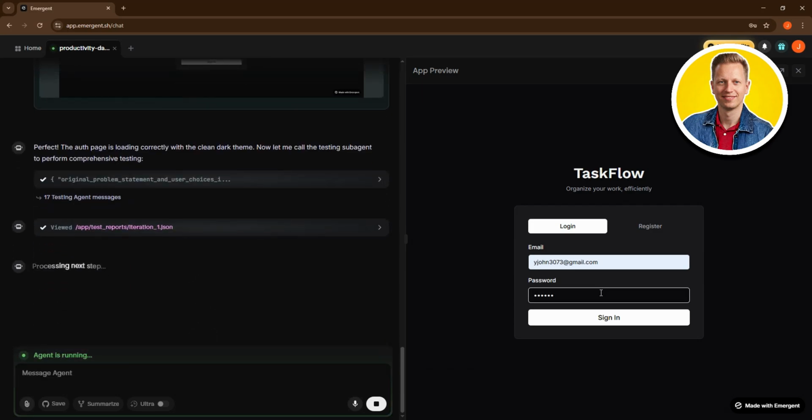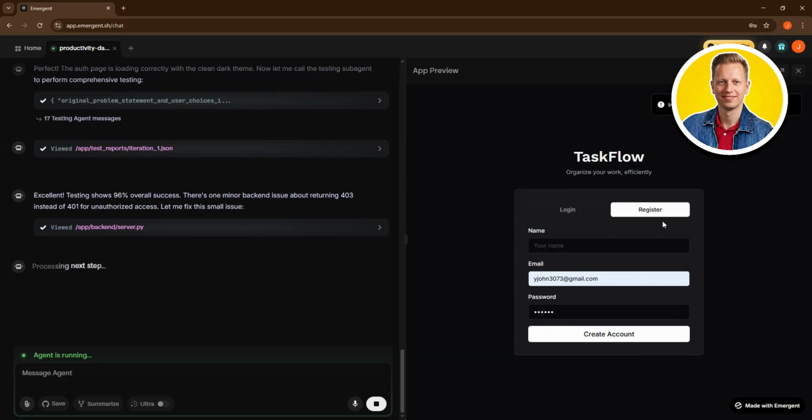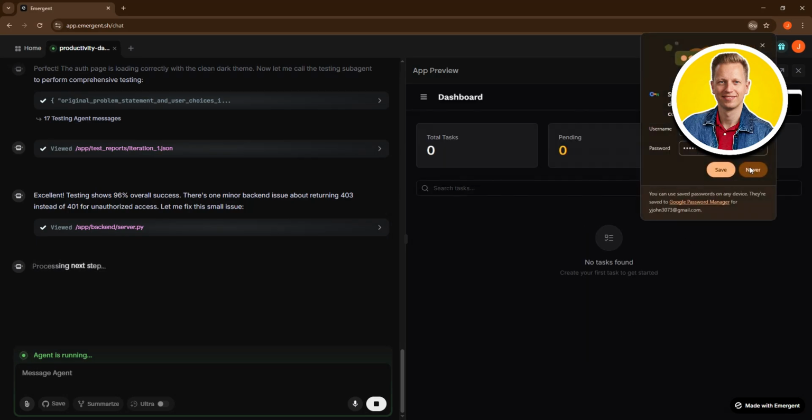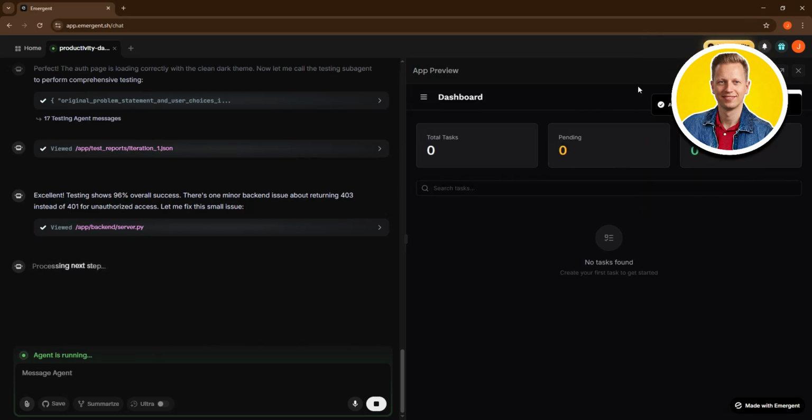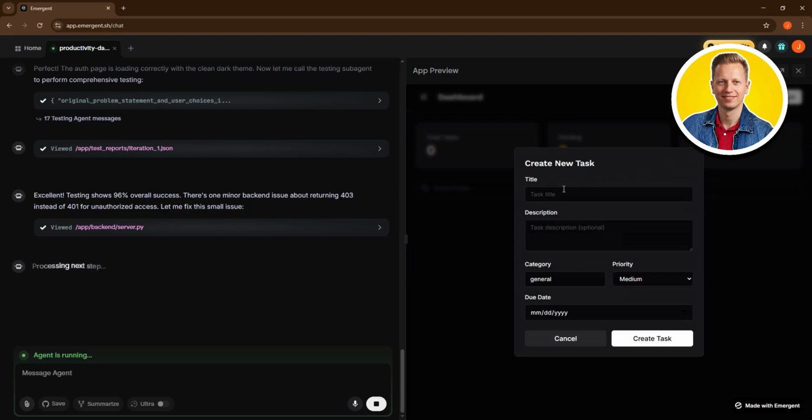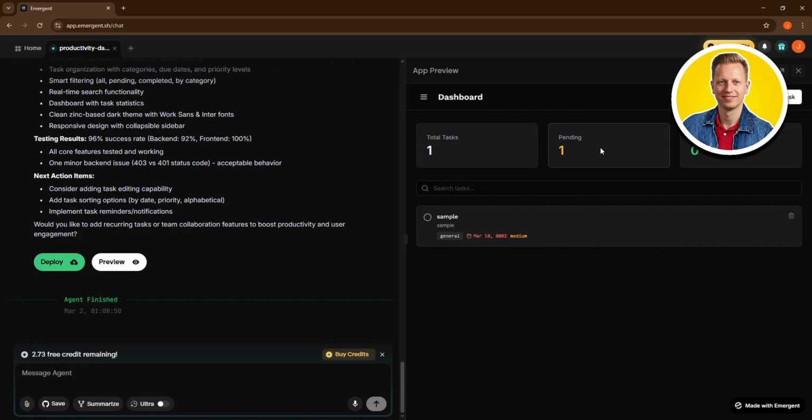And on the left side, you can see it's still processing the next steps. But even at this, we've got a fully functional app. You can now start using it, and if you want to make any changes, just type in your prompt describing the changes on the left side, and it will get right to work. This way, you can create any app that you want in a matter of minutes. And that's it. That is exactly how to create an app using AI.